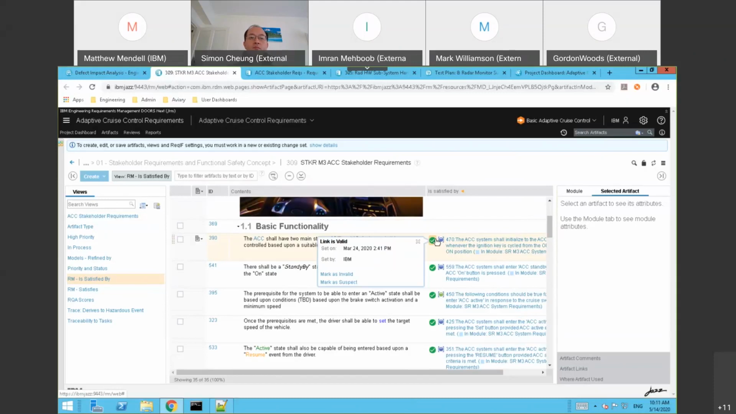Previously, this was something that was only utilized in configuration management enabled projects. Now this is something which has been adopted throughout the entire tool set. So for any links that we have here, we can mark off whether those links are valid, whether they're suspect, or whether they're invalid and they need addressing